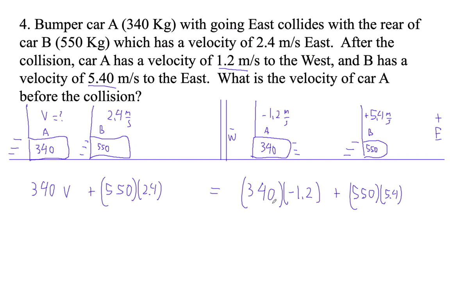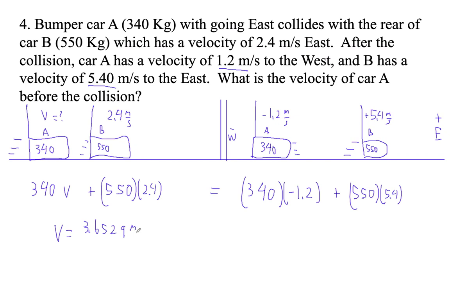Okay, I'm going to do this side here. I'm going to go 340 times negative 1.2 plus 550 times 5.4. And I get 2562. And now what I'm going to do is I'm actually going to subtract this term. So I'm going to go minus 550 times 2.4. And now I've got what equals 340V. So if I divide by 340, how did I get the right answer? Okay. So when I solve that for V, I get